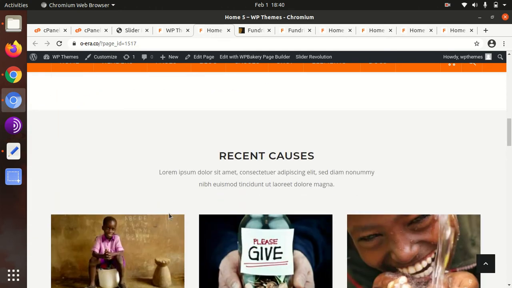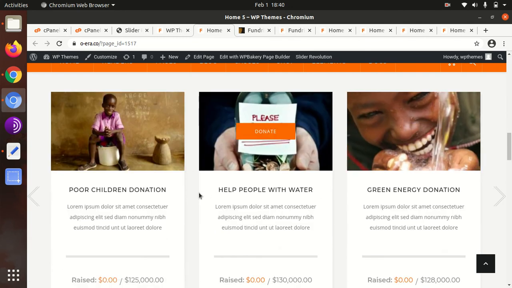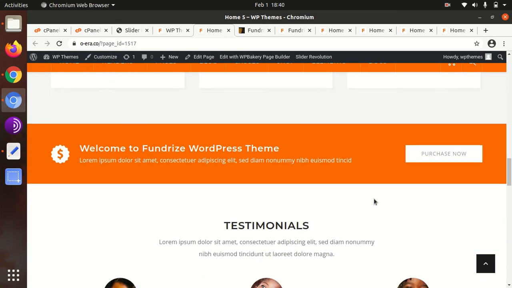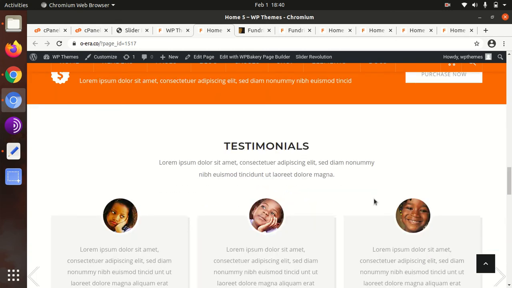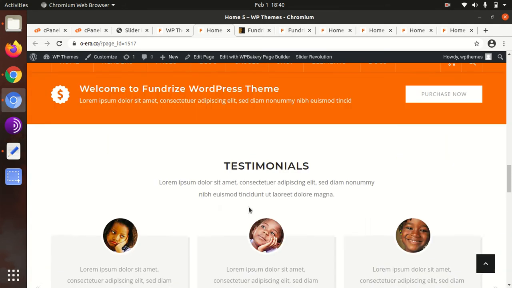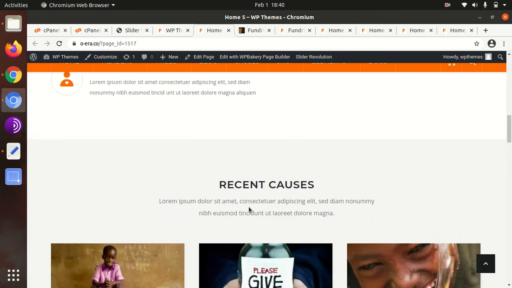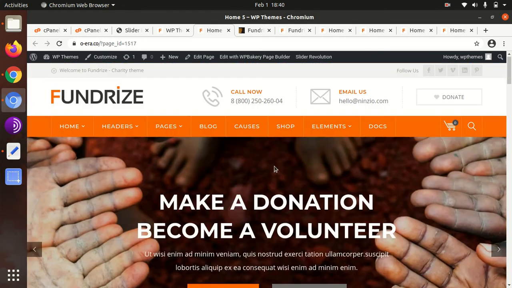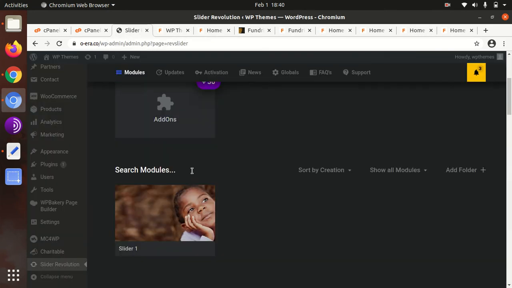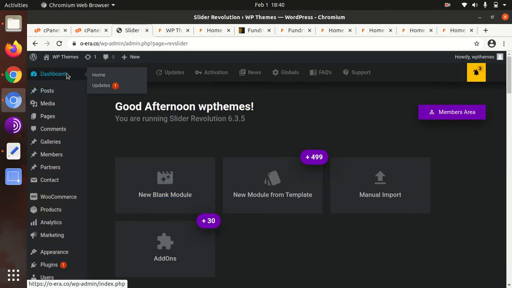So you can choose this theme definitely for your non-profit charity website, as it is very simple to use, easy to install, and the demo was also simple to import, and it meets the objective and has all the features. Now I'll take you for a short look at the theme panel and the available features, and after that I will show you how to customize the pages.